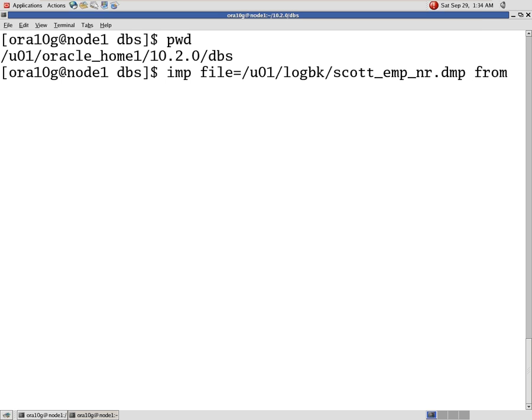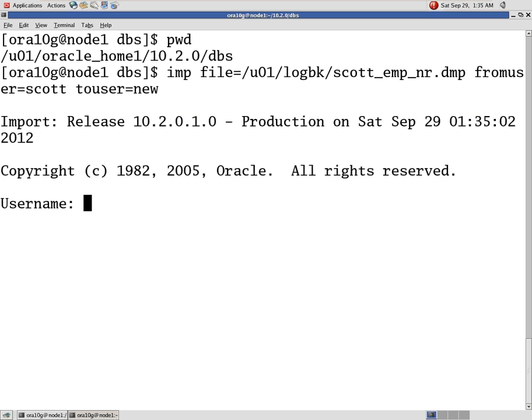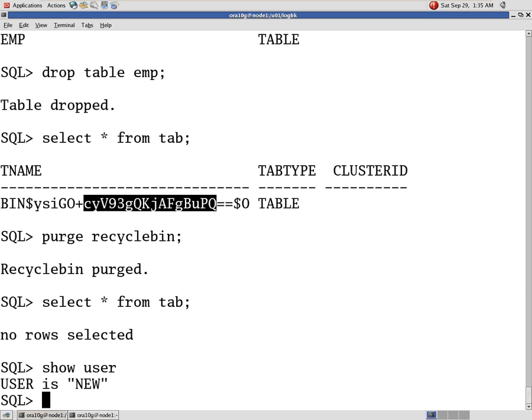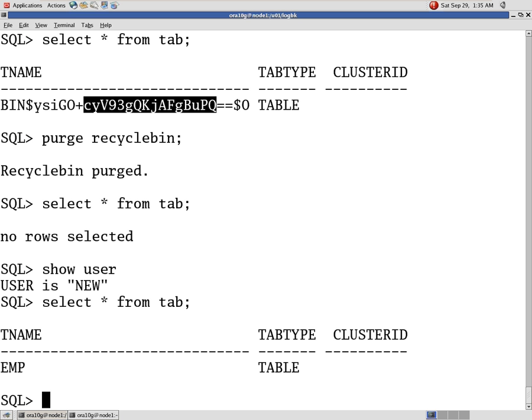Okay. And fromuser equal to start, touser equal to new. Enter. So user ID I am using system by ATLS. Here exported.